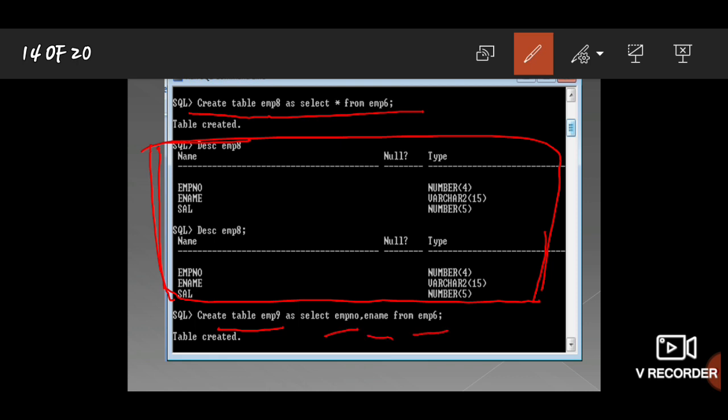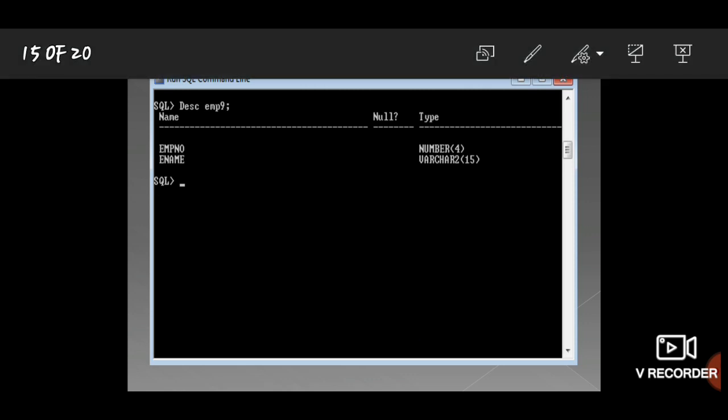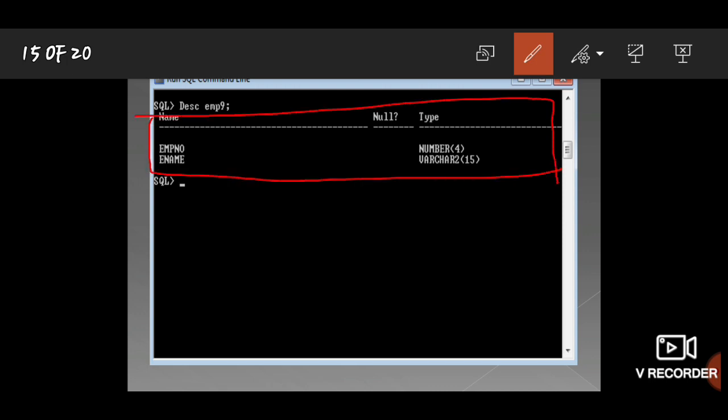From the employee 6 table I want only two attributes, employee number and employee name, right? See the output I had taken like that. Because of that, only two rows have been created, that is employee number and employee name, right? By using these two I had created another table called employee 9.